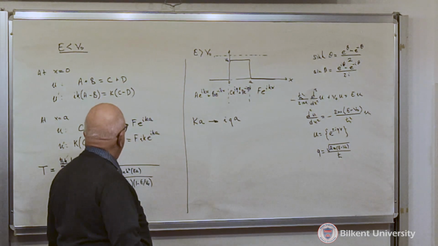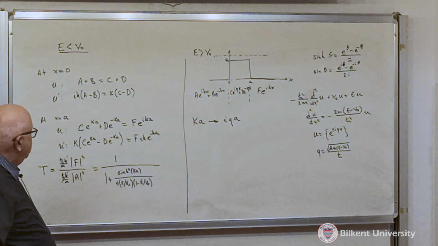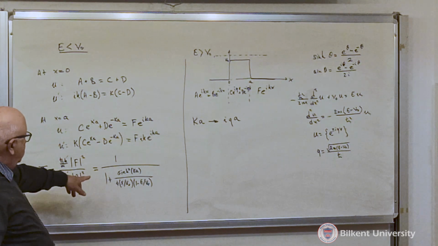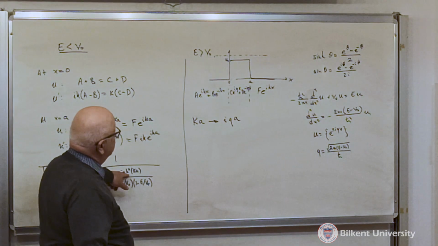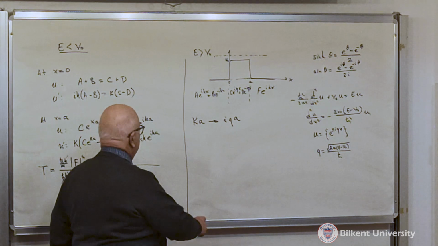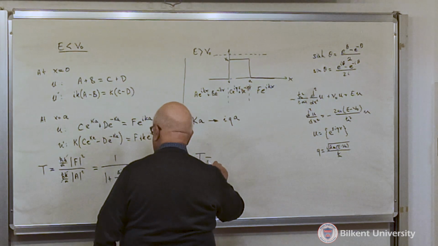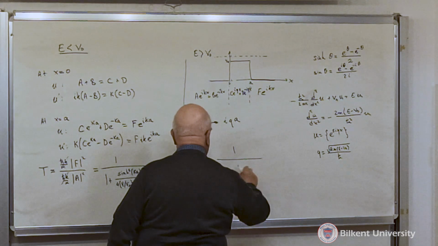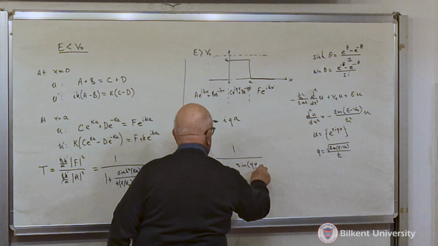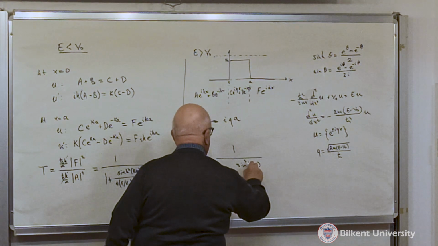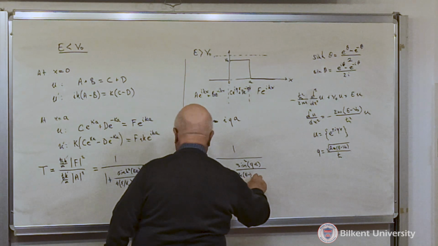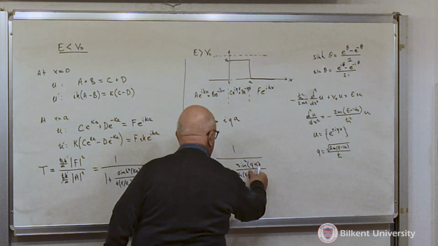Wherever I see a Ka, I replace those things with iQa. And of course, that means this sine hyperbolic squared now is going to generate a minus sign. So the transmission is going to be equal to 1 over 1 minus sine squared Qa divided by 4 E over V0,